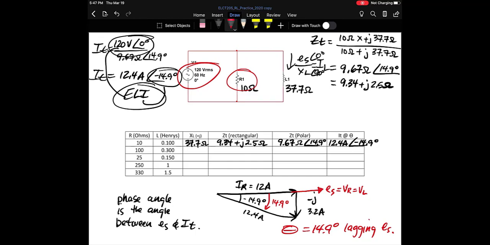Okay, I just wanted to demonstrate how the current triangle can be used to display a circuit phase angle, knowing that you can use it to orient your source voltage, and then from there you know you're looking at the